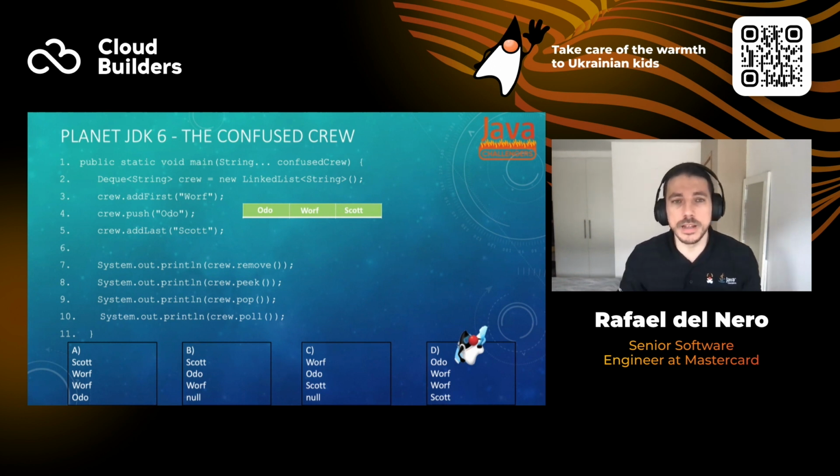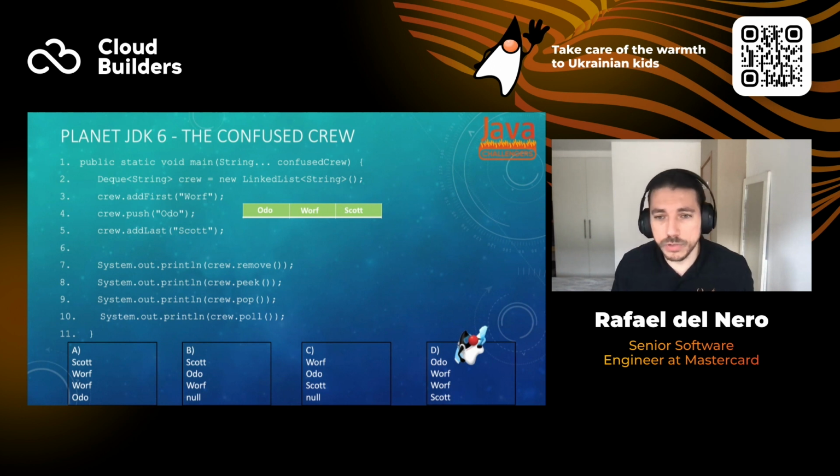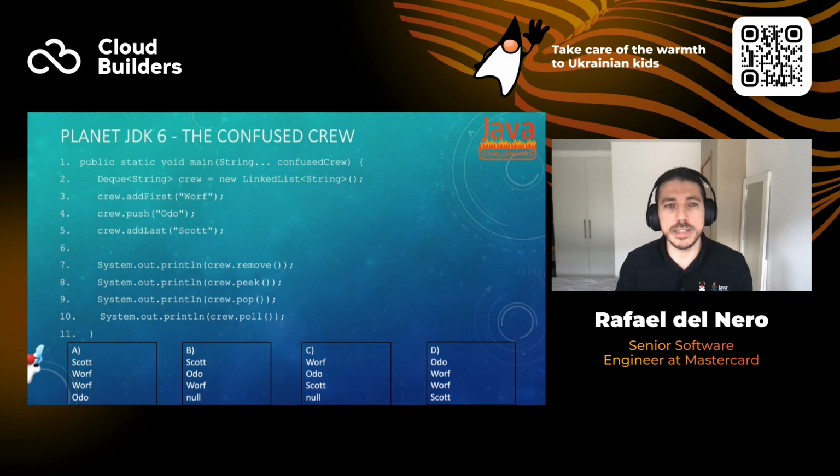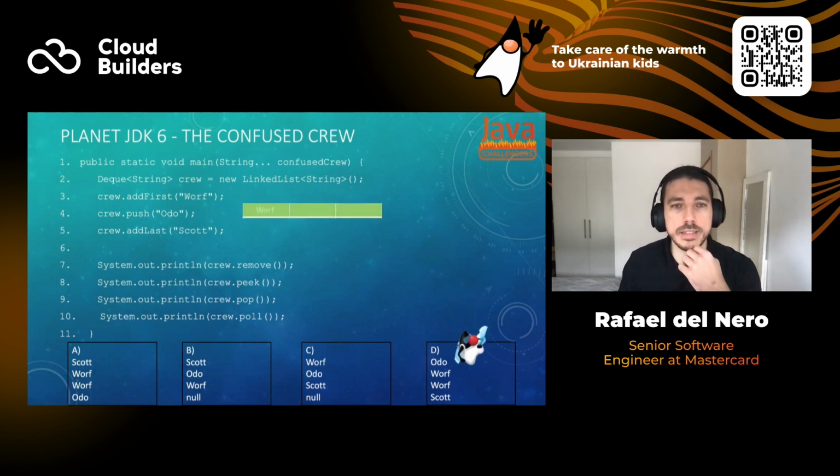The pop will then remove Worf, and then the poll will also remove the last element. If you can see the little animation here, let me just let it roll so that it's easier to see. So Worf is added first,